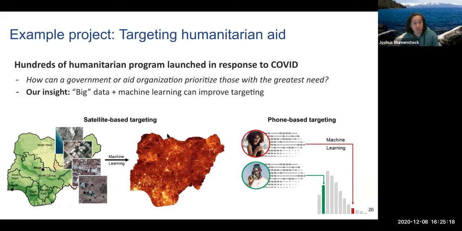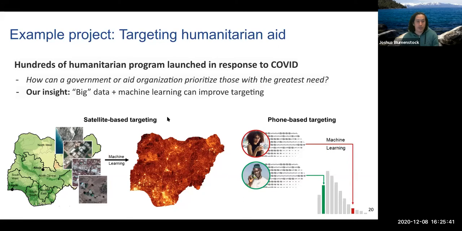But they face this very difficult question of how they can prioritize. There's 7 million adults in Togo, about half of them live below the poverty line. They can only afford to provide transfers to maybe 10% of the total population. It's a very difficult problem for them to identify the people that should be first in line for support.